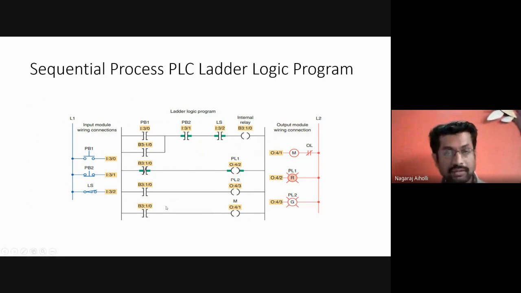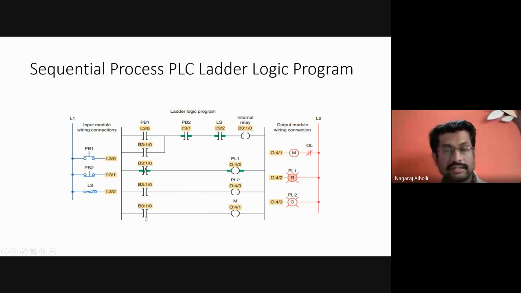Then this was initially normally closed, and it had gone from closed to open when the motor was energized. Now it will go from open to closed. It comes to the normal closed position, so the motor will get de-energized and the motor will stop finally.